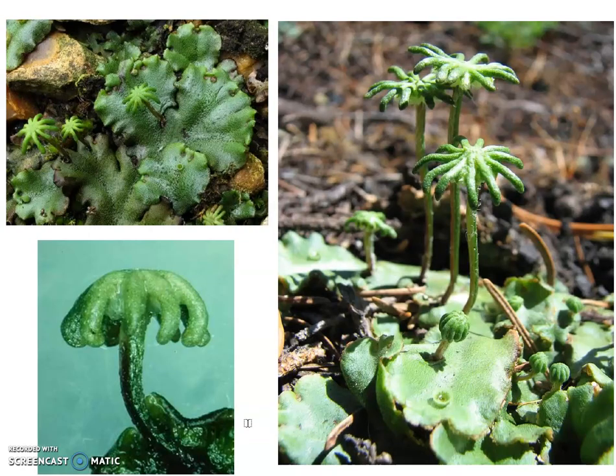Next, the female reproductive organ is called the archegoniophore. The archegoniophore develops at the notch, at the end, and this is the ray-like structure. See here, the ray-like structure has developed. This is the stalk, and this whole structure is called an archegoniophore, and at the tip of the archegoniophore a ray-like structure develops.